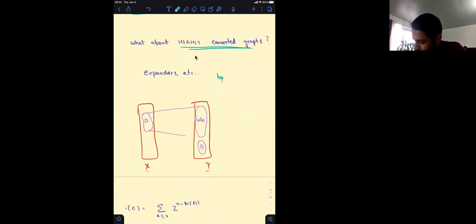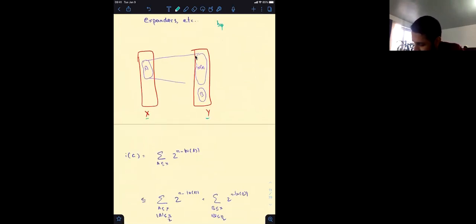The number of independent sets is exactly the sum over all A subsets of X of 2 to the n minus the size of the neighborhood of A. Right? To choose an independent set, you pick a subset A of X, look at its neighborhood, and pick a subset B from whatever's remaining. So it's exactly this. And just as an upper bound, because the independence number is n,